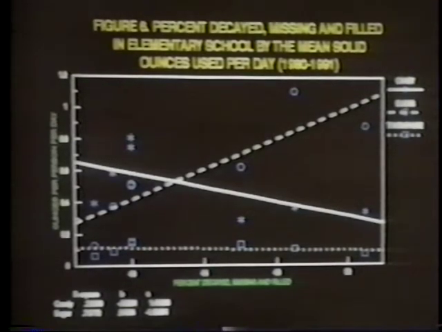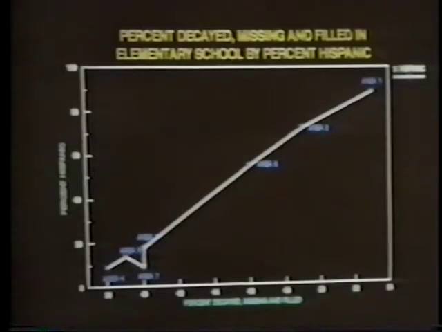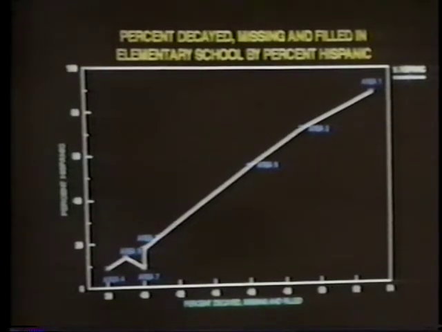But it was interesting because here you look at this, as bulk sugar use increases, so does tooth decay. But as candy use increases, tooth decay declines. Yeah, so we're getting these opposite kinds of directions. Well, we're trying to figure out, well, what's going on here? Well, the one thing it keeps going back to is Hispanics versus non-Hispanics over and over and over again in